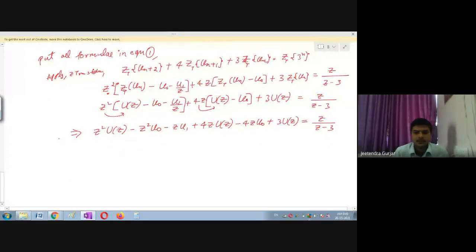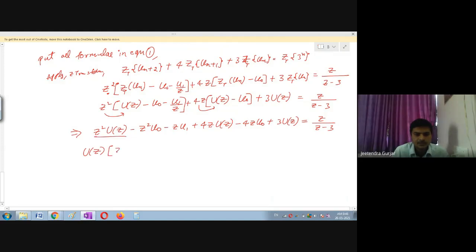Now what I want, as I told you already, is u of Z. So first I will take out u of Z, because this is very, very important. In the previous lecture, we have seen they directly gave u of Z, but here these 3 steps are increased. You are going to first find u of Z, then we will apply the inverse Z transform, students. Is it clear?